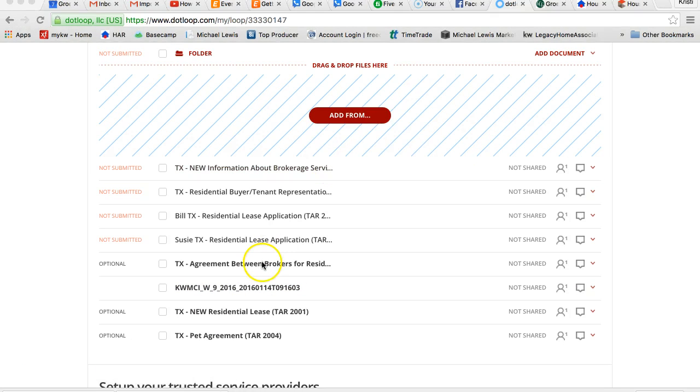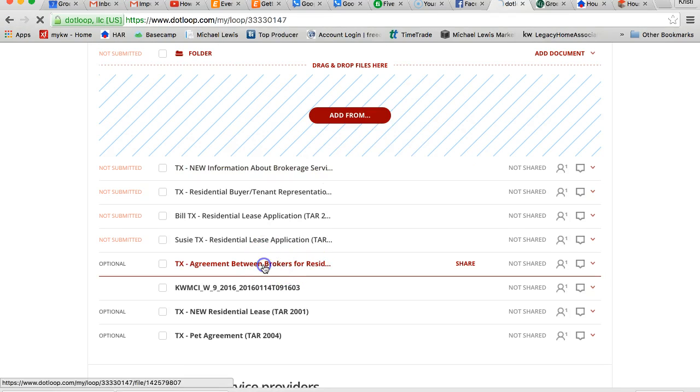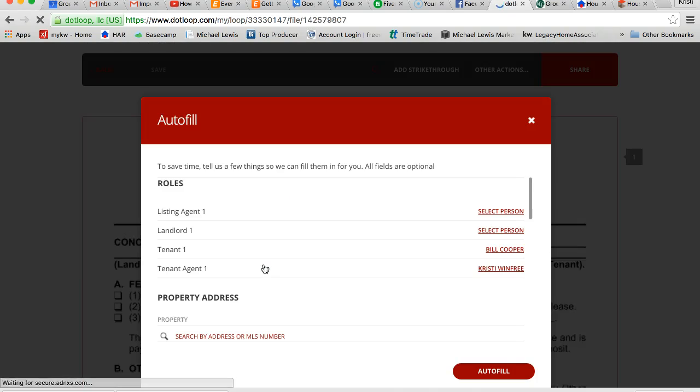Okay, so now that you have all the forms you need, let's go ahead and start filling out this agreement between brokers. Again, like I said, I don't put the listing agent in there or the landlord. The listing agent can get them to sign however they want to and send it back to me via email. I'm going to hit autofill,